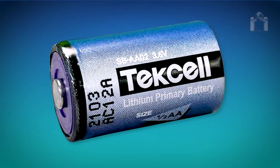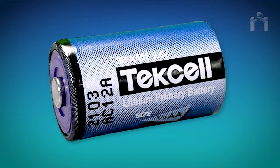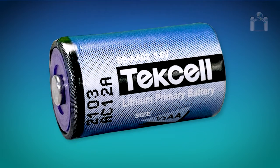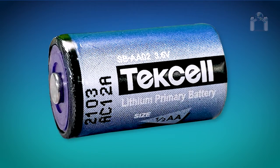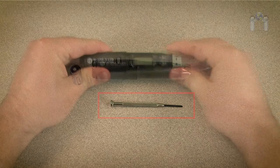To begin, let's talk about the battery. A 1/2 AA battery is included and pre-installed. However, if you need to install or change your battery, you will need a small tool to remove the battery cover. I find that a jeweler's screwdriver works best. Remove the cap